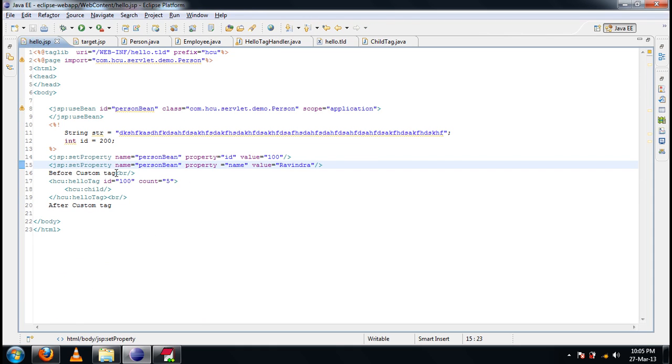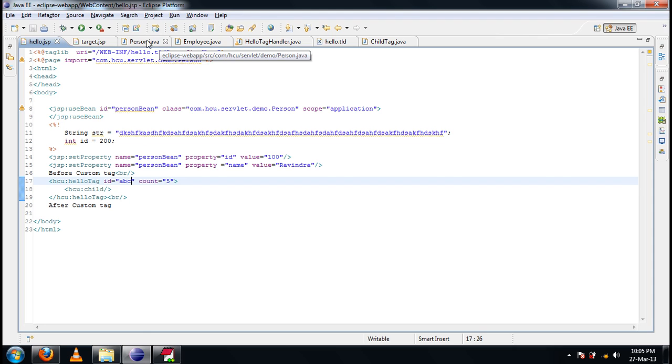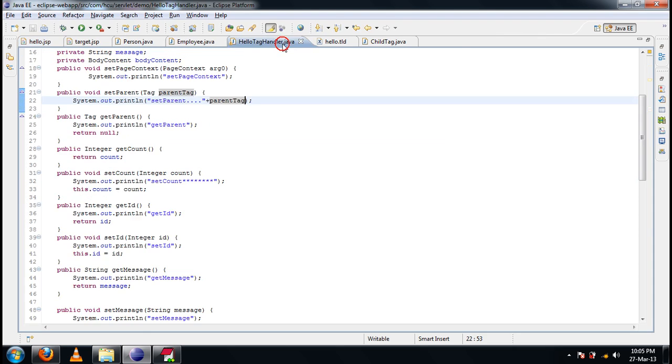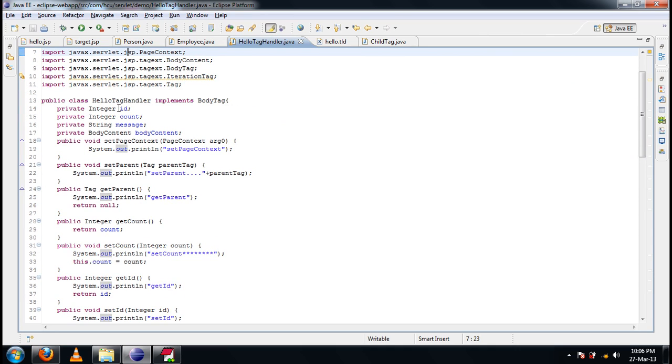Let's consider that in hello tag, I have given the ID as ABC. But what is the corresponding data type in the tag handler for ID in hello tag? ID in hello tag is integer. Now if I execute this,